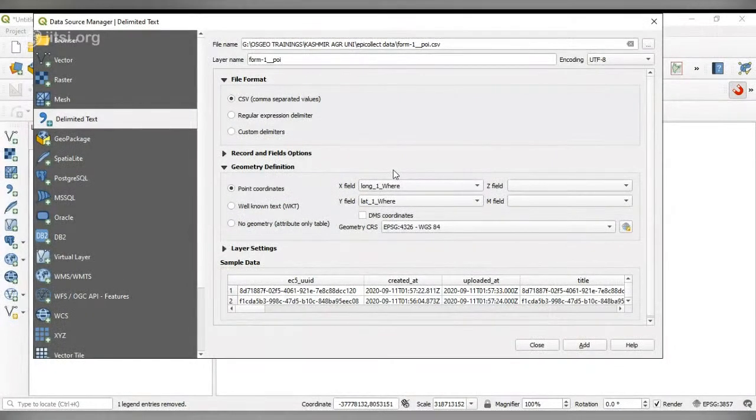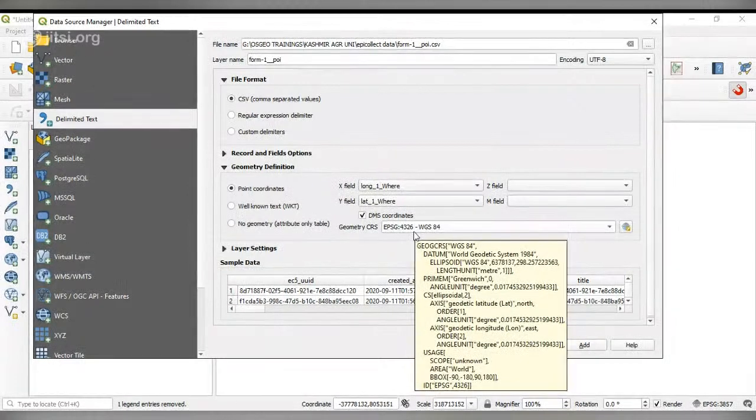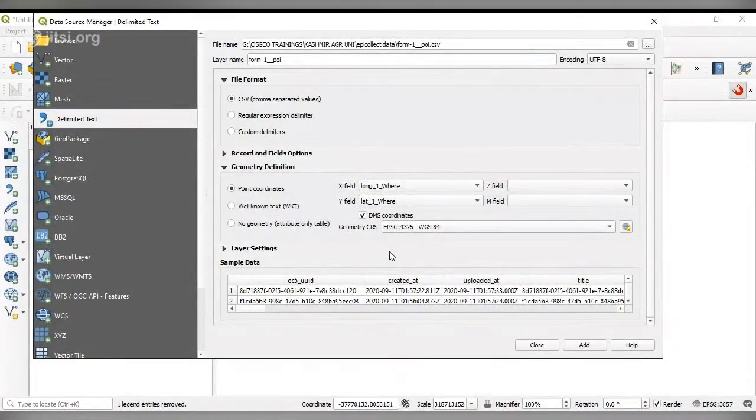Please remember this is a very crucial one, and these are DMS, degree minute second coordinates. And the coordinate reference system is geographic coordinate system with WGS 84 datum.